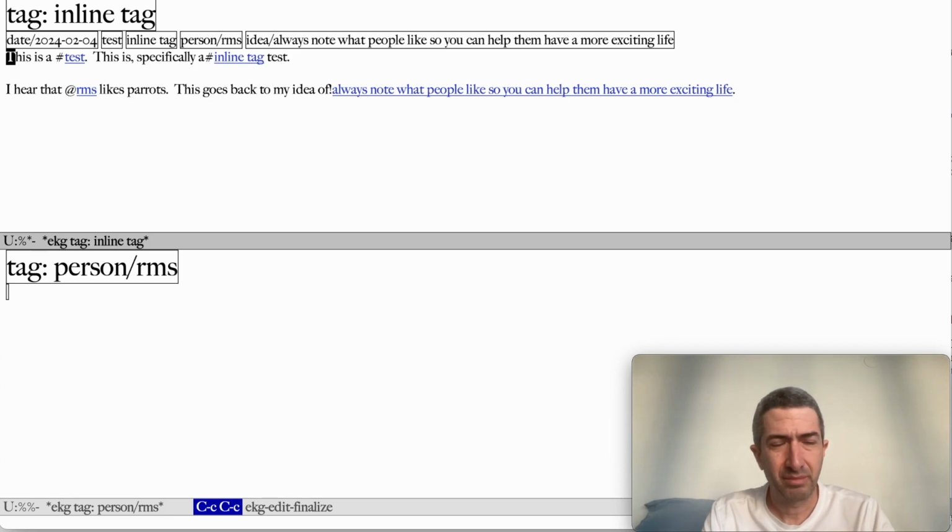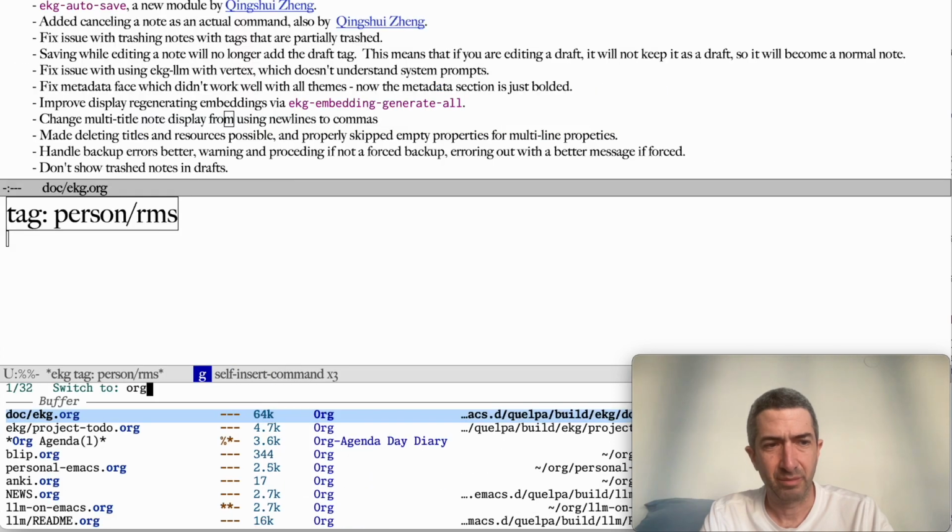And actually I see a slight bug here, that it's deleting spaces. I'll fix that before the release. But you can see what this is like. Okay, so that is my